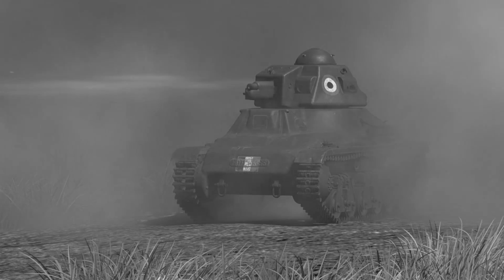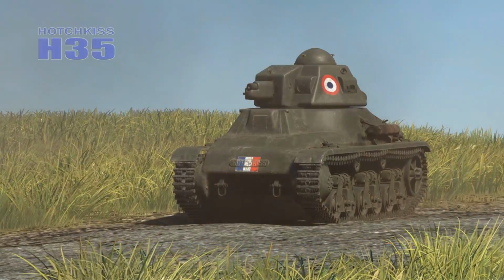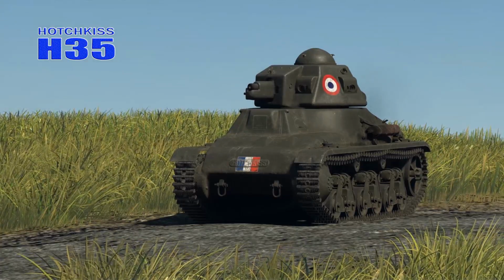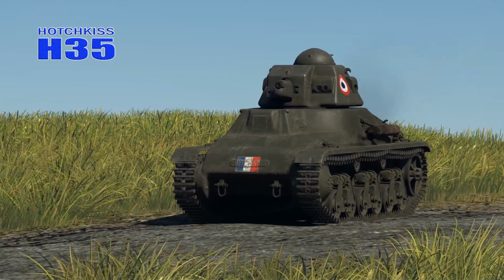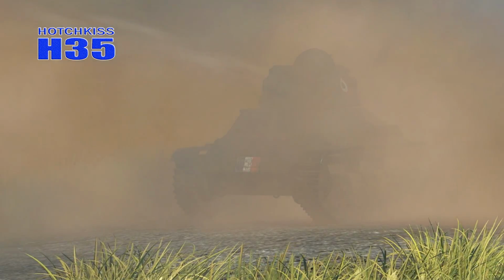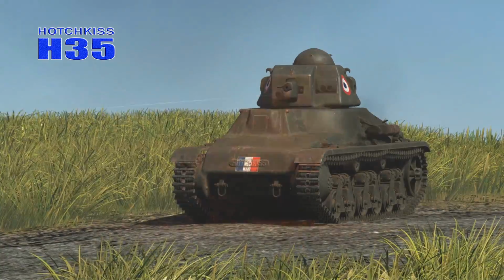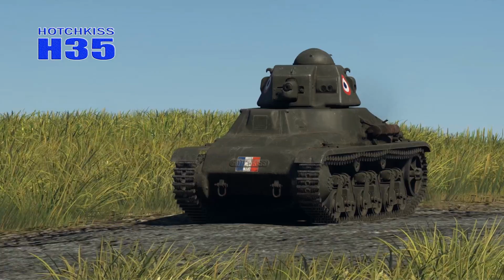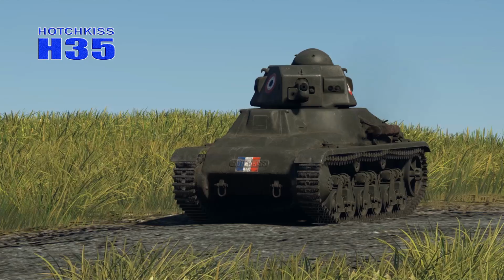And today I thought we would take a look at the Hotchkiss Model 1935H, or the H-35. It was a French light tank developed prior to World War II. It was used by the French cavalry and French infantry during the Battle of France until France's defeat, after which some 550 captured Hotchkiss tanks were used by the Germans, mostly for occupation duty under the designation Panzerkampfwagen 35H 734F or Panzerkampfwagen 38H